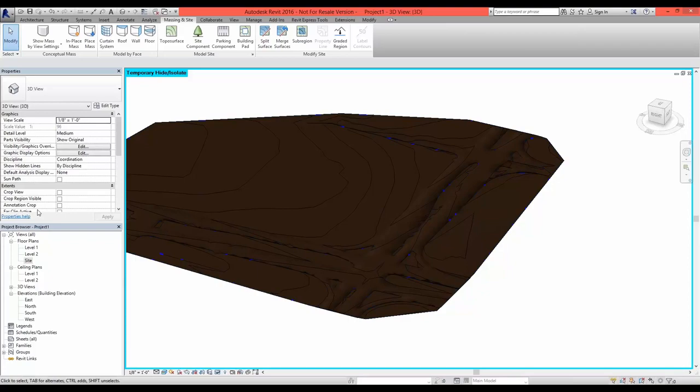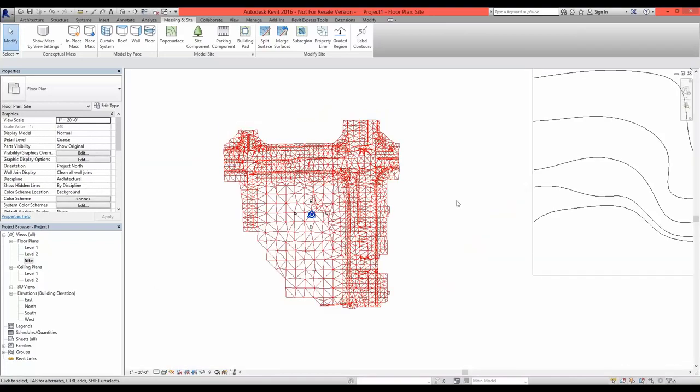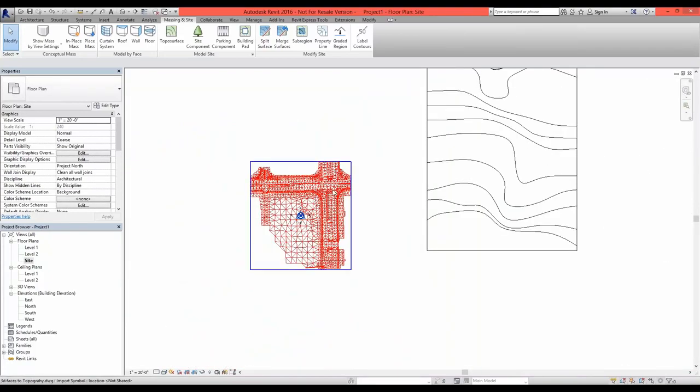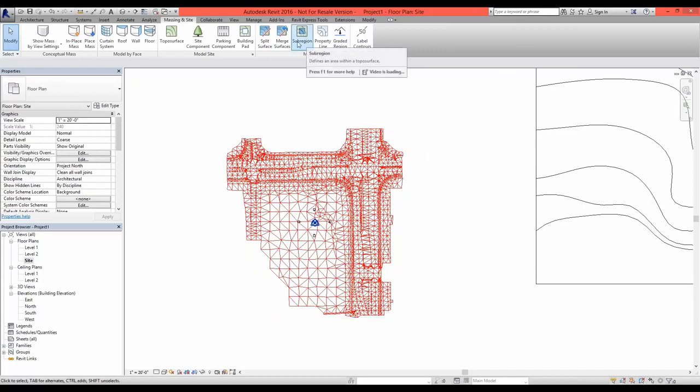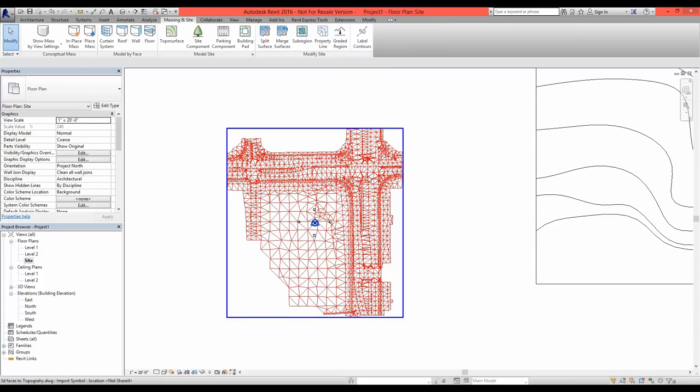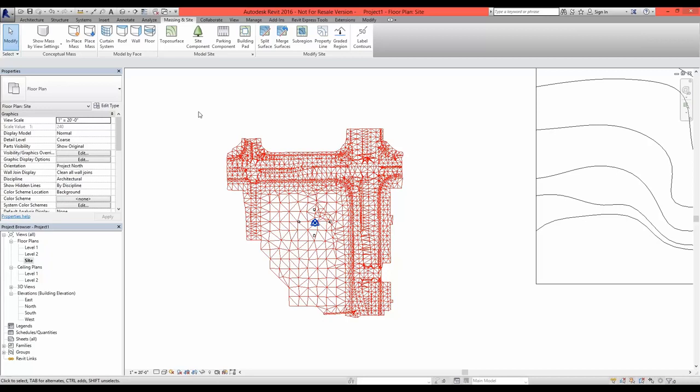But we could also, just like we saw before, go through and split these surfaces or go through and actually draw subregions over the top of this to represent different materials that we might use. And of course this can save us a lot of time, but it's definitely a bit difficult in that, like I say, the information coming from a program like Civil 3D is often much more accurate than what Revit can handle. And so one of the last things that I'm going to talk about today is that